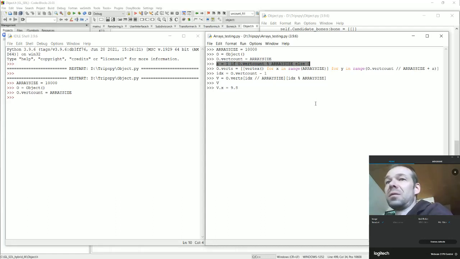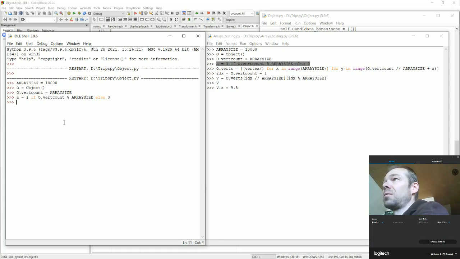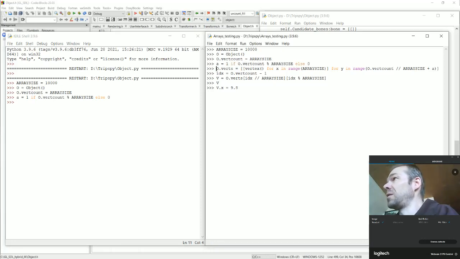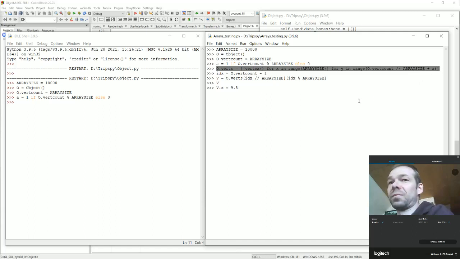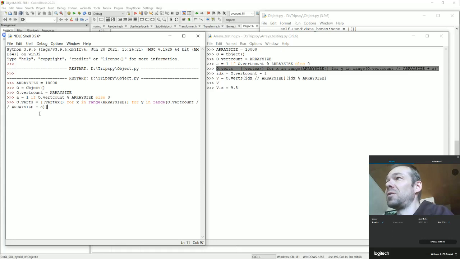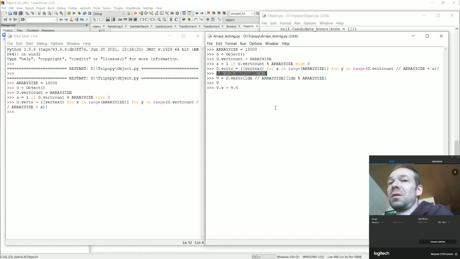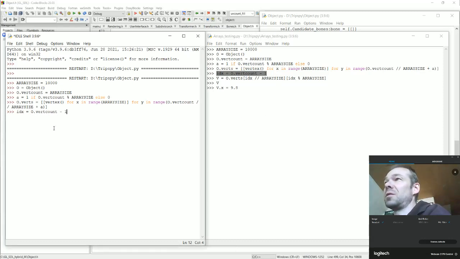Then we create this variable here to come up with the equation for the vertice generator. And here this A is used, and then we get this idx variable. This is the index of the vertice,